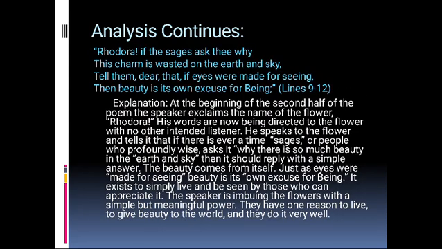The next lines are: Rhodora, if the sages ask thee why this charm is wasted on the earth and sky, tell them, dear, that if eyes were made for seeing, then beauty is its own excuse for being. At the beginning of the second half of the poem, the speaker exclaims the name of the flower, Rhodora. His words are now being directed to the flower with no other intended listener. He speaks to the flower and tells it that if there is ever a time sages, or people who are profoundly wise, ask it why there is so much beauty in the earth and sky, then it should reply with a